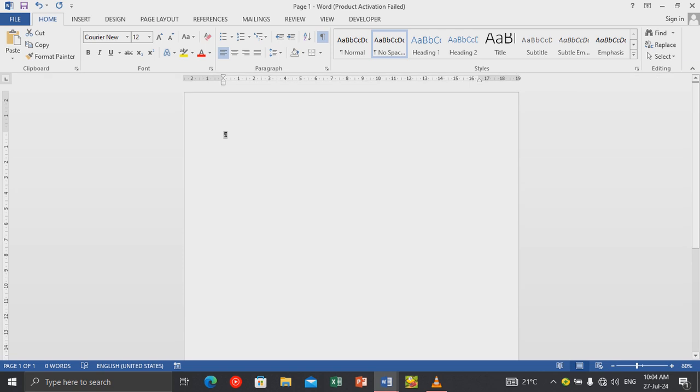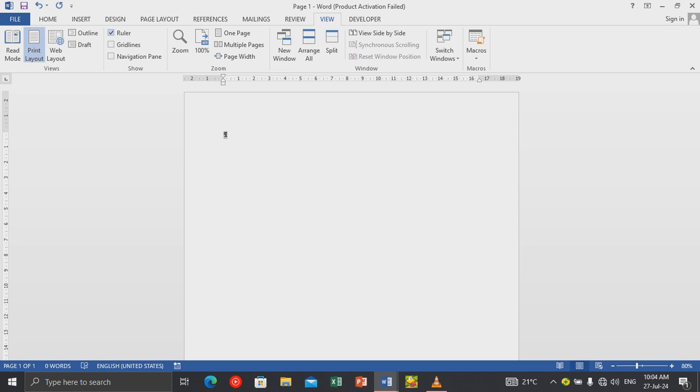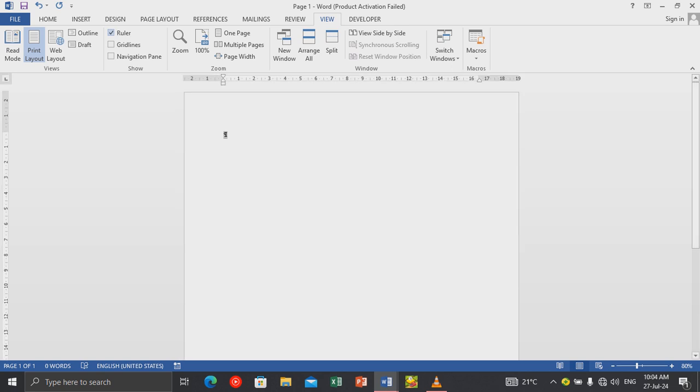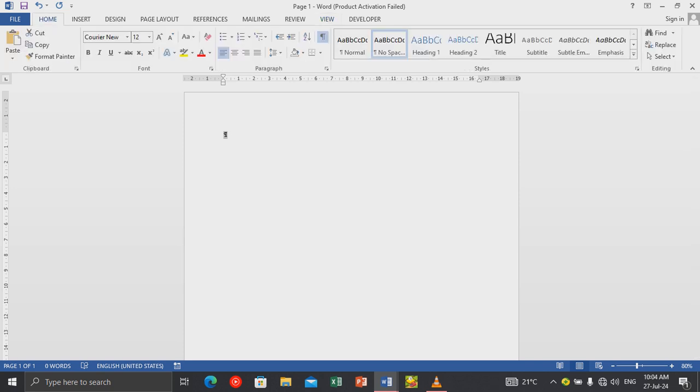If you want to see the ruler here, you can go to View and Ruler. You can see as I clicked on the ruler, it disappeared, then I click it again, it comes back. Okay, so as we go on,